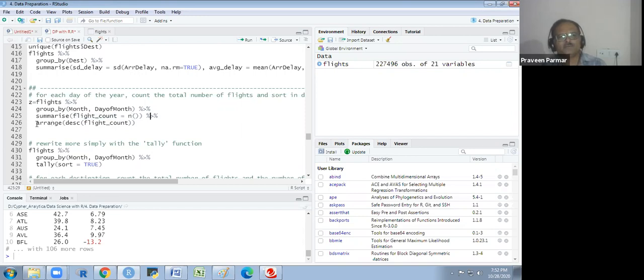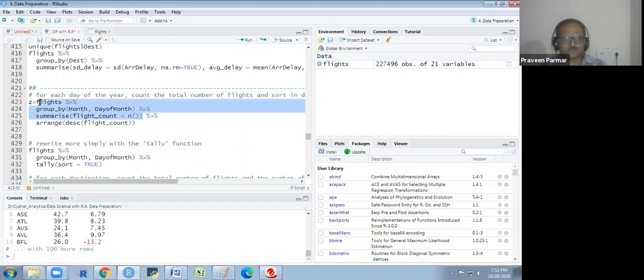And then pipe to arrange them in descending order. Maximum, then minimum, in this way. With this flight count, we will get it on a daily basis, and we arrange that flight count in descending order. Does that make sense to everyone? If I run up to here only, I will not get the descending order.